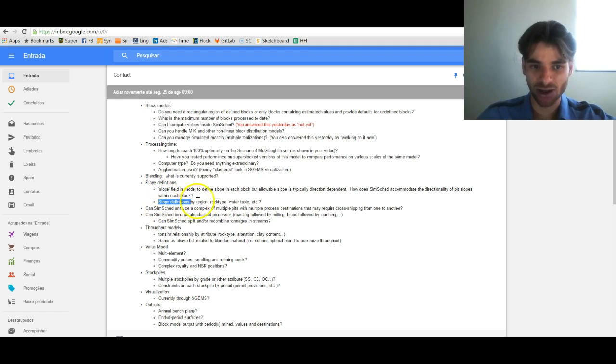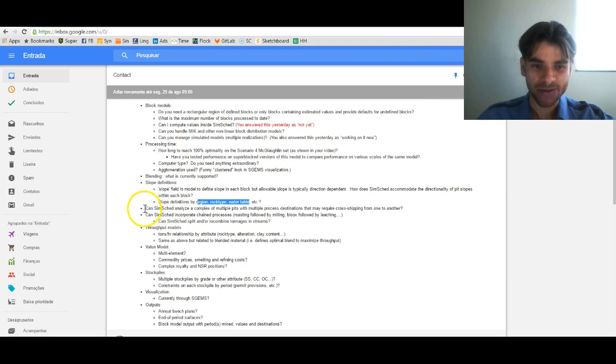So, slope definitions by region, rock type, water table. We just don't have an interface for doing this automatically, but the user can do whatever he wants in the input file. The user could put one slope angle for each block, using all these complex relationships as he wants. Okay,